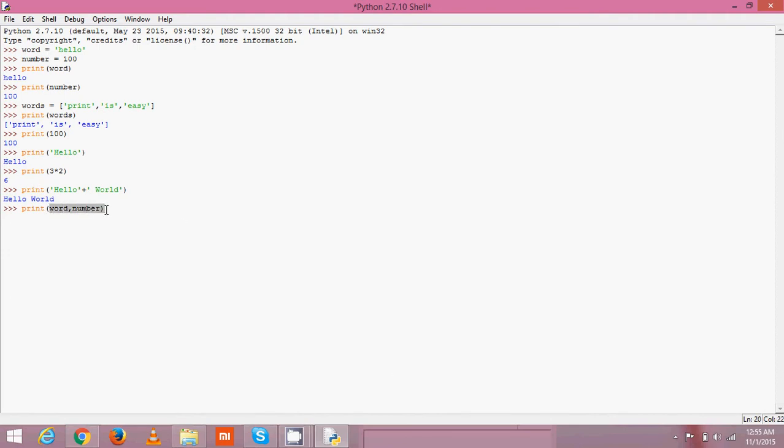You can directly print a tuple in this format. These are the brackets, that is parentheses, and this is word and number separated by comma. This is a tuple. So you can also use a tuple to print out the data as a tuple. So I use this command to print the data as a tuple.